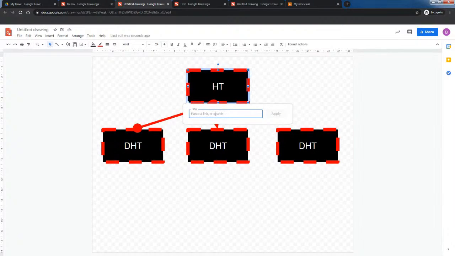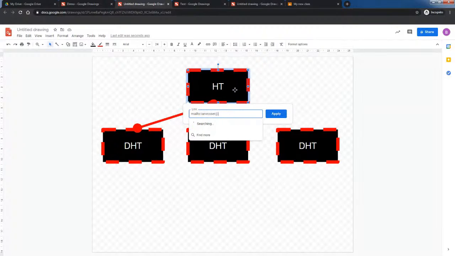So with the link option, I can link to a website. So I could type in www.bbc.co.uk, and then that would link there. So if, for instance, you had a profile about the head teacher or whatever you've got in your flowchart, you could link to that page, and that would work, say, for a Google site as well if you wanted to do that. But what I think is particularly cool is if you use mailto and then a colon,